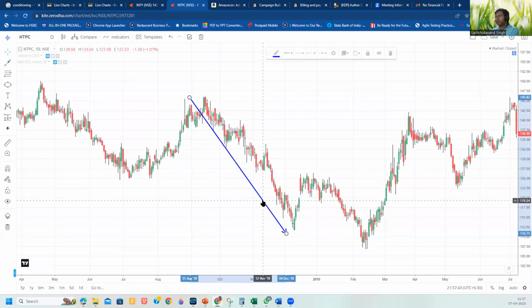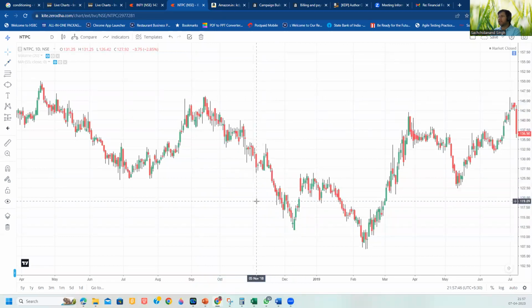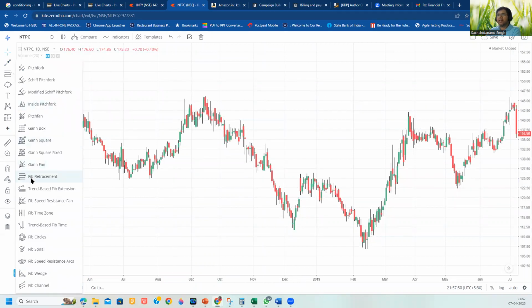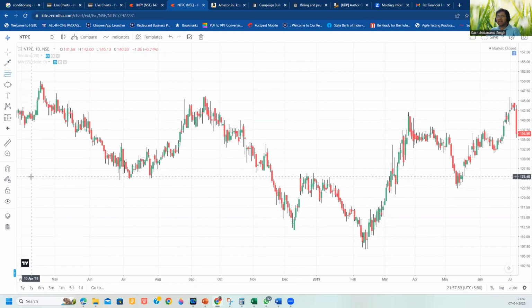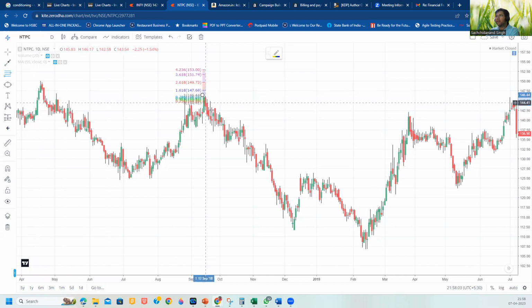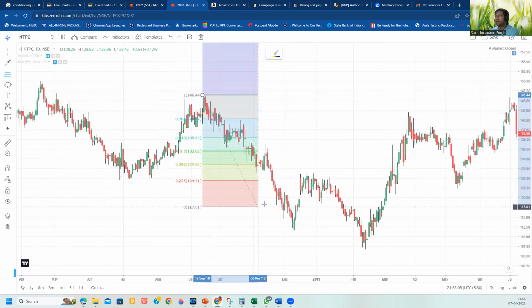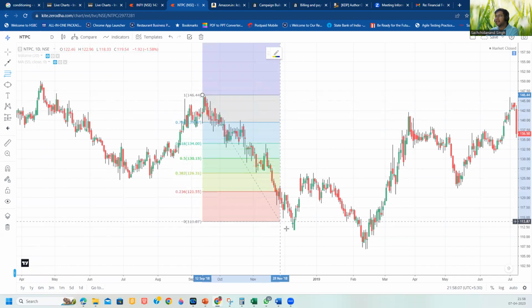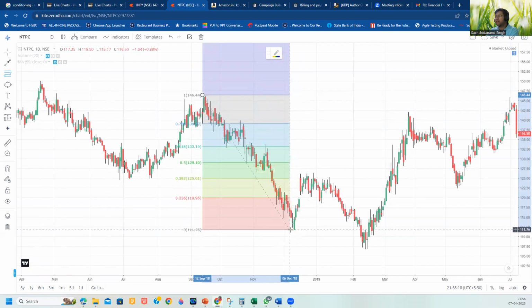How to use the fib retracement tool in this scenario? Again, go back to the same toolbar and select the fib retracement, and in this case the first point should be from where the stock started falling. This is the first point, and then keep your mouse unclicked and come here till this point where it took some support. So do the second click at this level. You can do it anywhere, and later on you can just hold